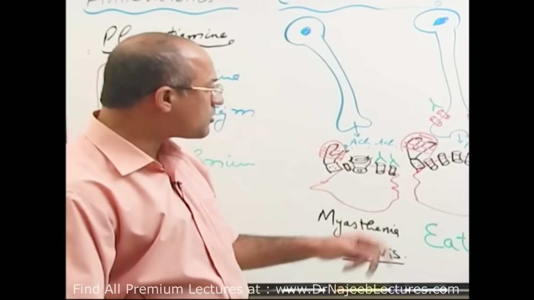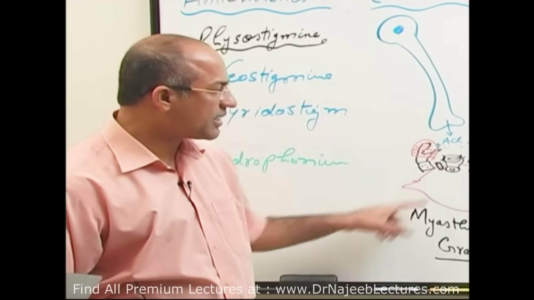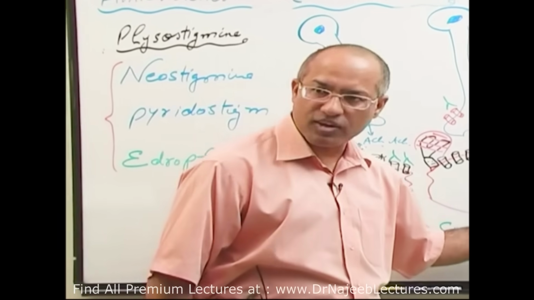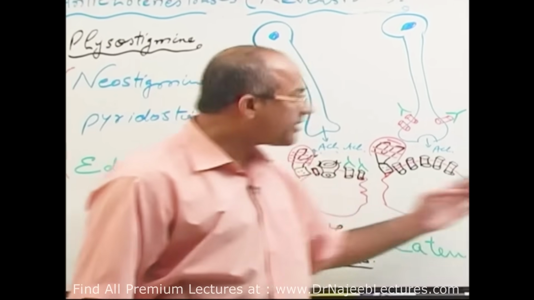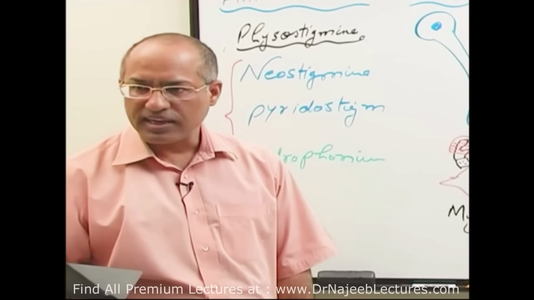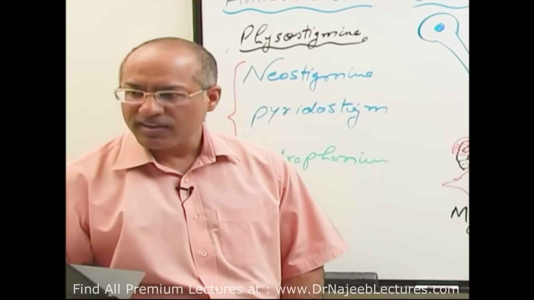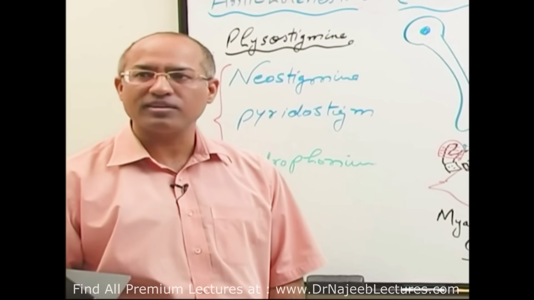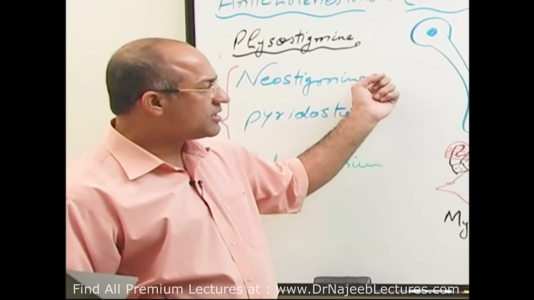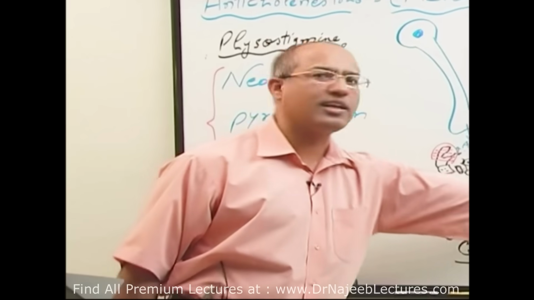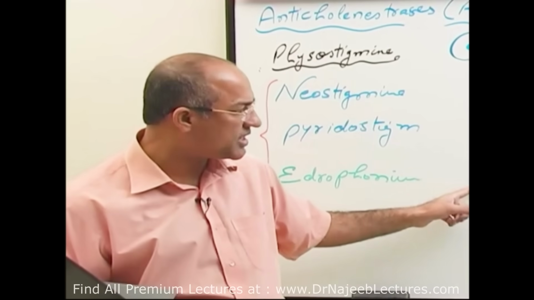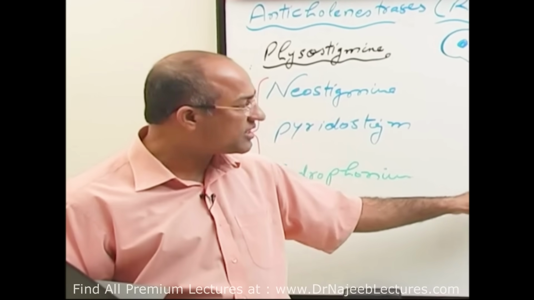Am I clear? So we have talked about 3 types of muscle weakness: myasthenia gravis muscle weakness, Eaton-Lambert syndrome muscle weakness, and muscle weakness resulting from exposure to tubocurarine. In all these 3 conditions, neostigmine can work by increasing the concentration of acetylcholine at the neuromuscular junction. And last but not least, I told you in the beginning, neostigmine has a little activity to directly stimulate the channels also at the neuromuscular junction. Is that right? So neostigmine has 2 actions. Number 1, it inhibits the acetylcholine esterases. Number 2, it can directly stimulate the receptor.